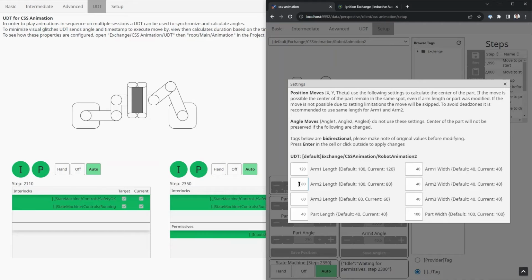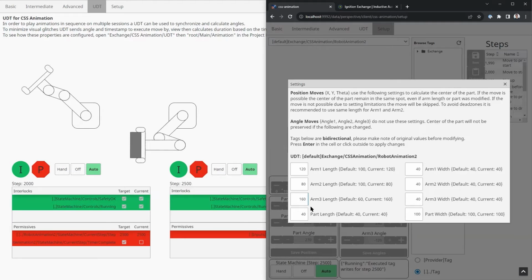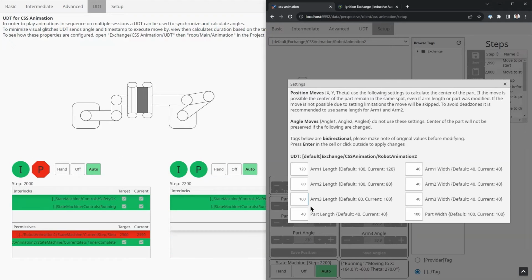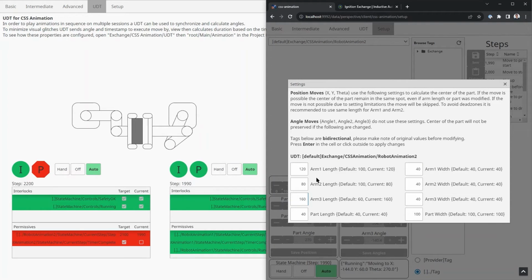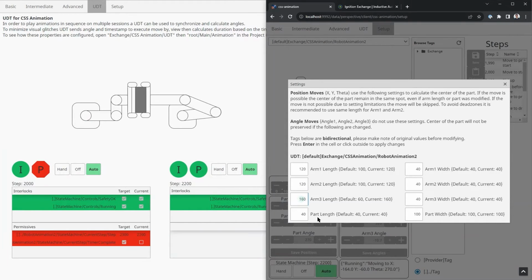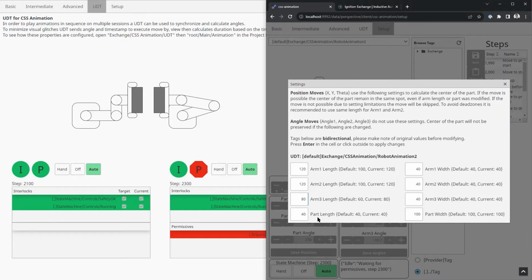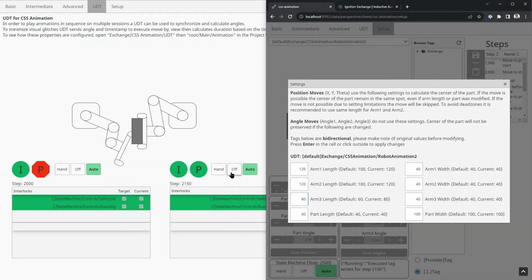And let's go ahead and make this one shorter. Again, glitchy for the first move, but then it fixes itself. And we can even go crazy over here and make this something ridiculous, and yet it still aligns. It is best practice to keep arm 1 and arm 2 to be the same length. So let's put that something else. Let's revert this back. If arm 1 and arm 2 are same length, you're going to have least amount of dead zones.